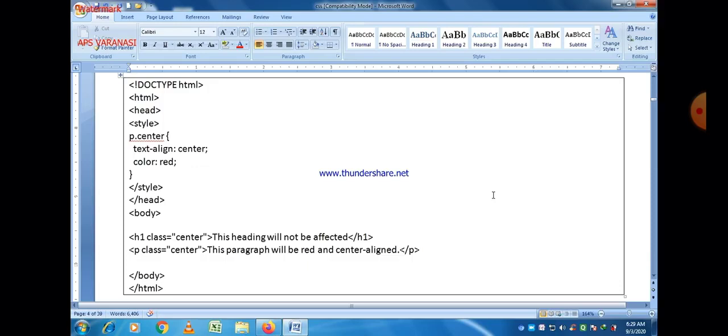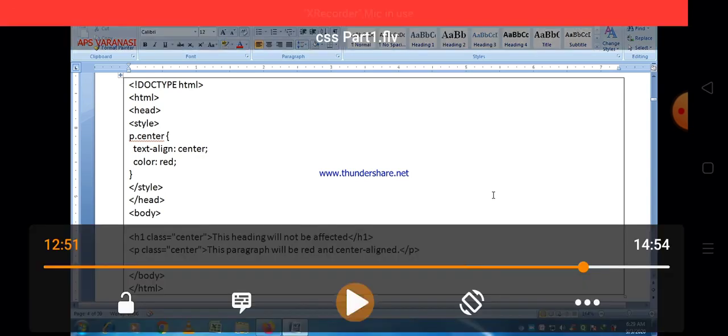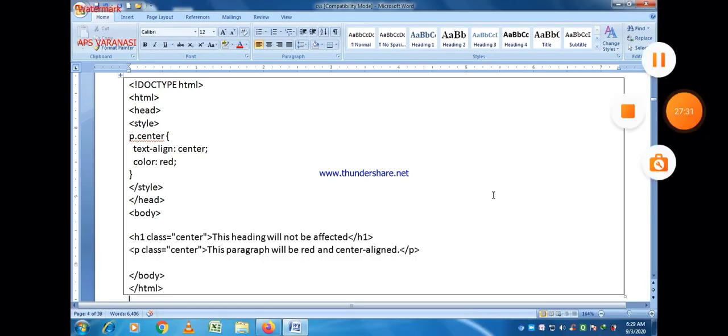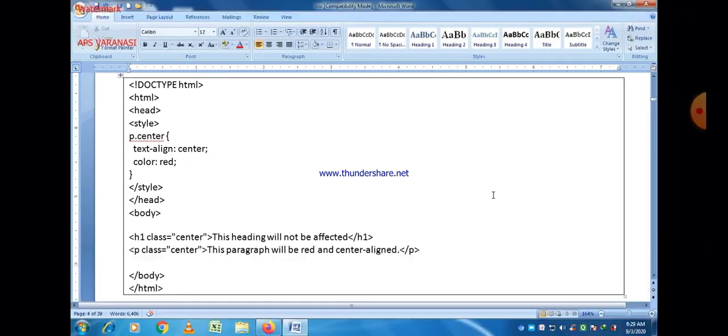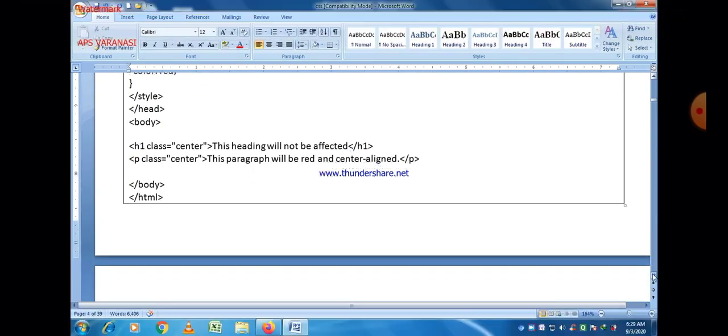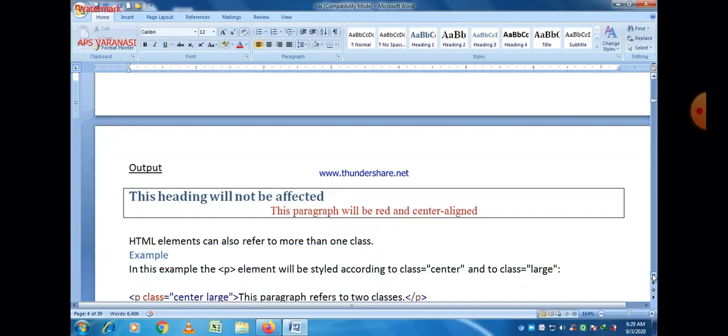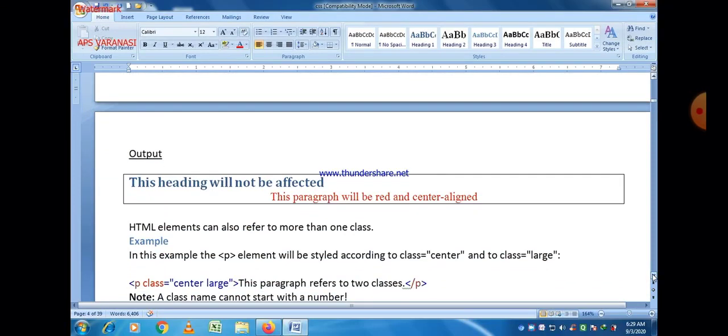In this case, you can easily see that p dot center applies the theme on only the paragraph tag, although there are two class elements, h1 and p. So this is the program you can see on the screen, and that is the output after the execution of that program.